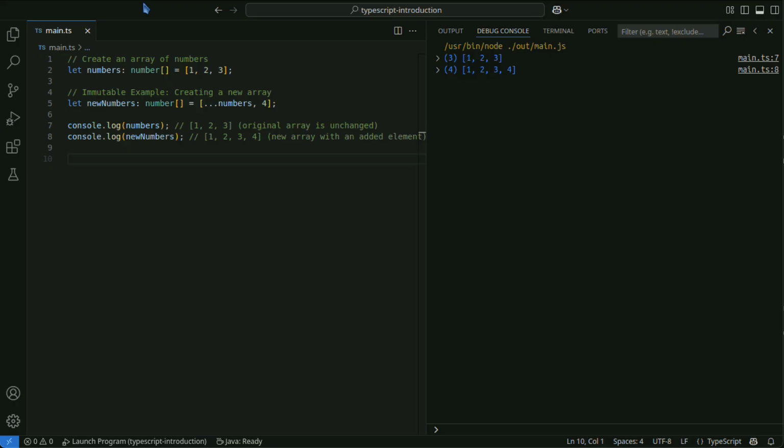Object freeze can be used to prevent modifications to an object.